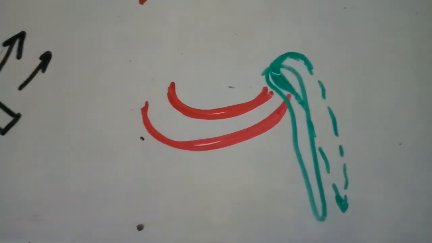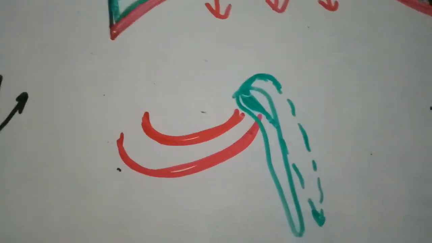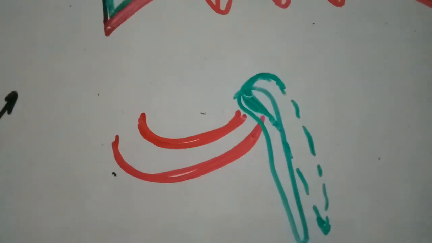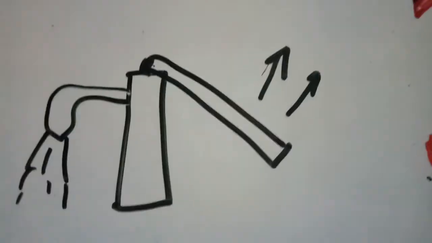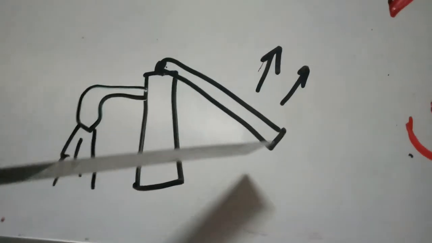First it is in this position, then it will be in this position. So it will increase the chest cavity. Now this is a side view, and you can guess that it is a pump handle movement. If you've seen a pump, there is a handle